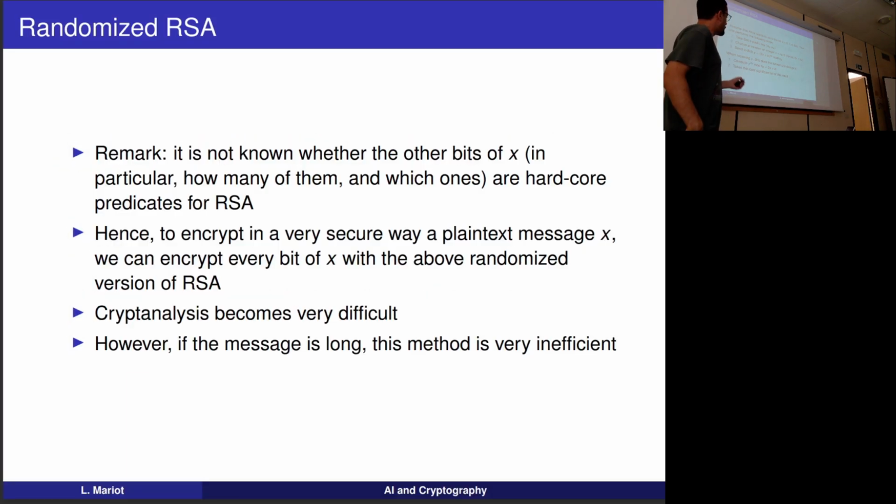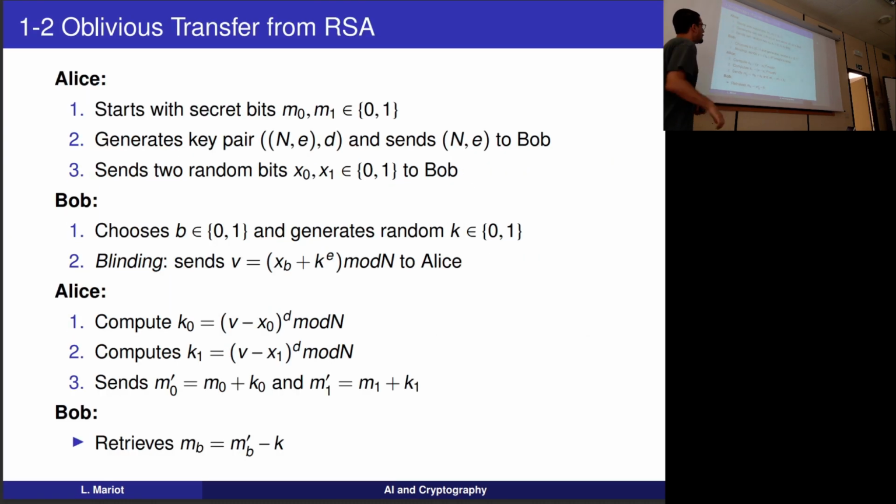Okay, why did we do all this machinery? Well, these are just some other remarks about randomized RSA. Basically, cryptanalysis becomes very difficult if you want to encode an entire message, so not just a single bit, but each bit of a larger message by using this trick. So it becomes very secure, but it's also very inefficient. But that's okay because for our purposes, we are interested only in sending a secret bit, not an entire message. Now, how does it work with the